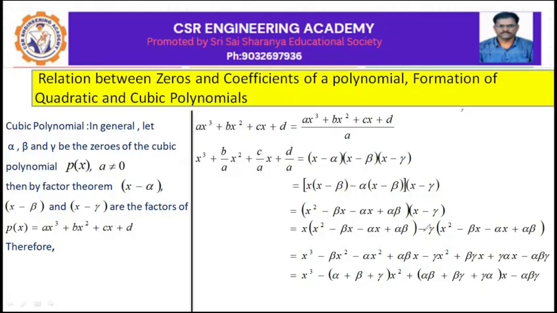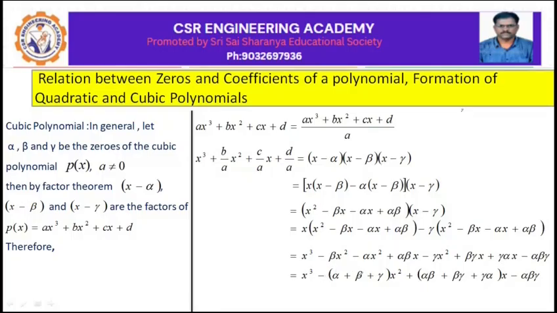alpha beta) minus gamma into (x square minus beta x minus alpha x plus alpha beta) is equal to x into x square, x cube, minus x into beta x, x square, minus x into alpha x, square plus x into alpha beta, x, minus gamma into gamma x square, minus into minus plus gamma into beta gamma x, minus into minus plus gamma into gamma alpha x, minus into plus minus gamma into alpha beta gamma is equal to x cube